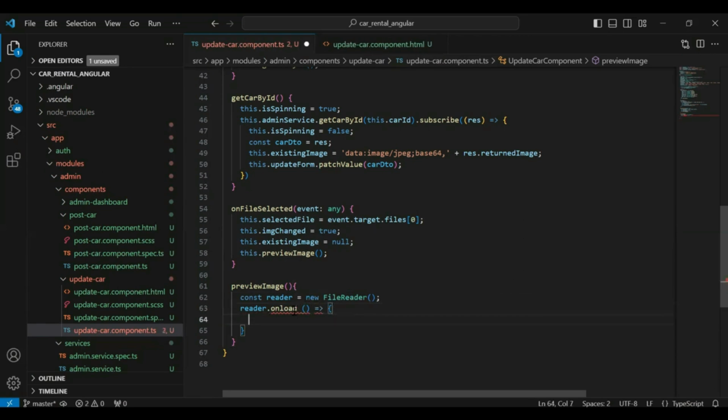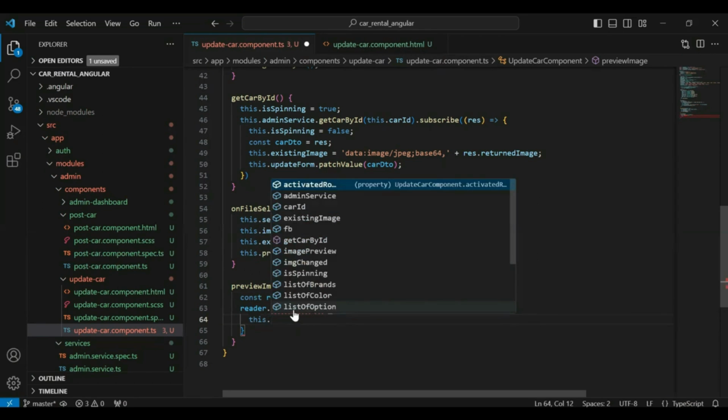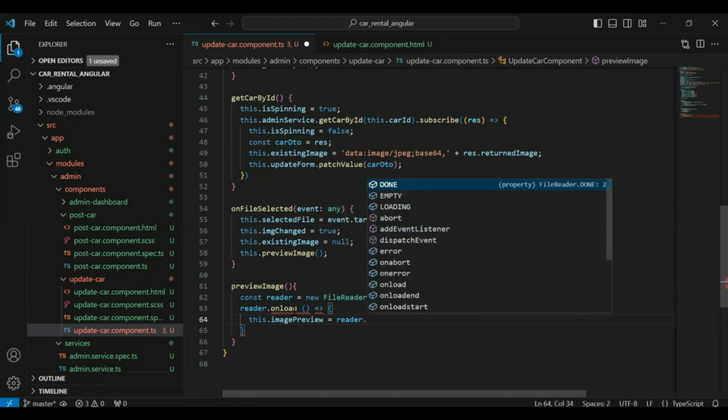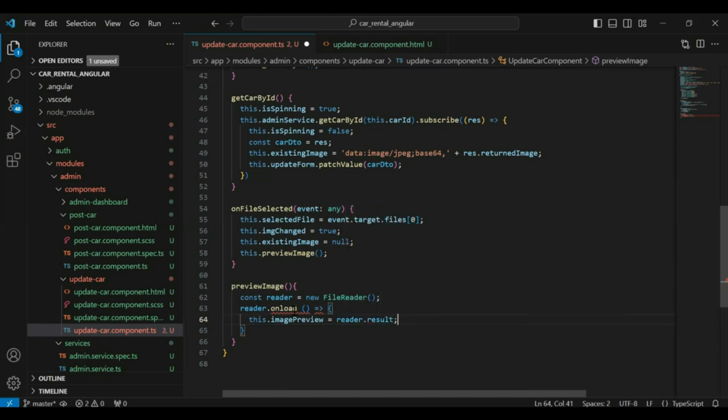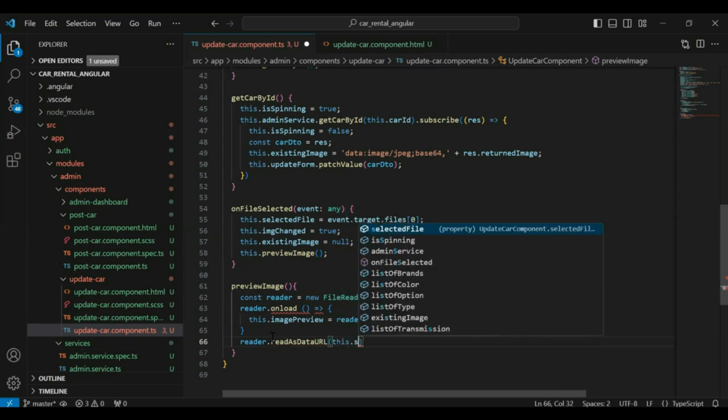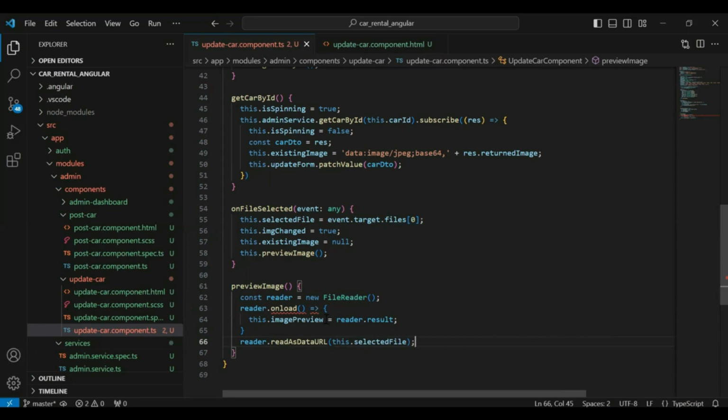And here I'm going to add an arrow function where we need to call this.imagePreview is equal to reader.result. After the arrow function, we need to call here reader.readAsDataURL, and here we need to pass this.selectedFile. So let me add here the is equal to.